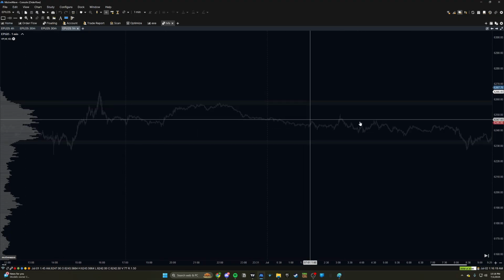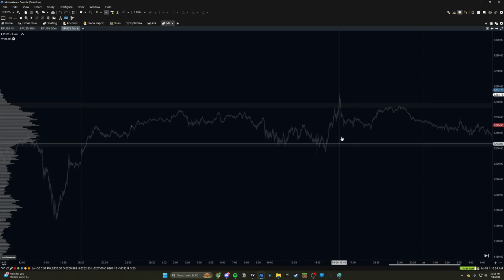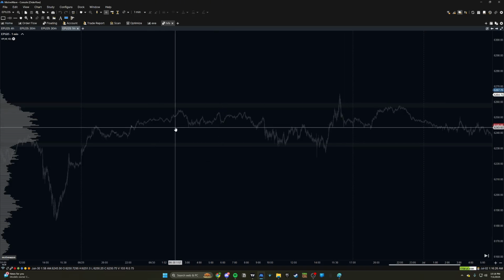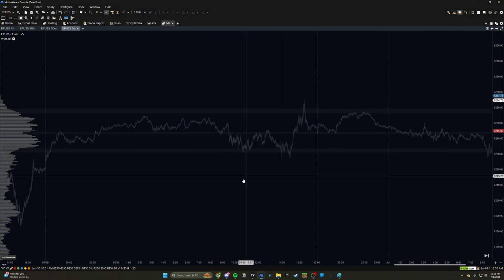So you could see these give out pretty decent reactions. I mean, we go up to down, down to up. Fairly simple. Again, look, we have a low volume node inside the balance. Plays off good. I'm not saying it doesn't, but